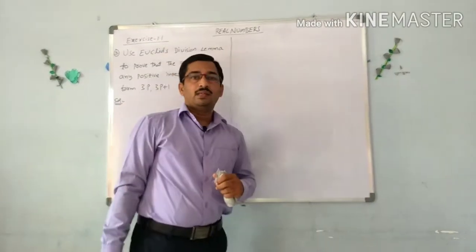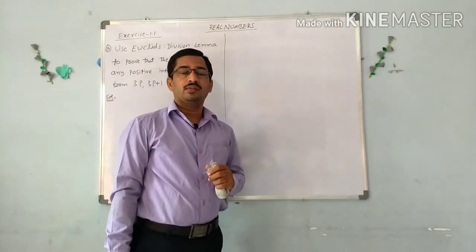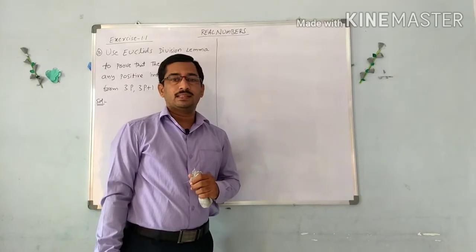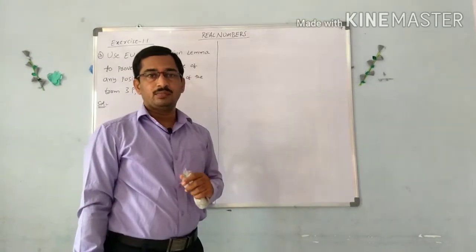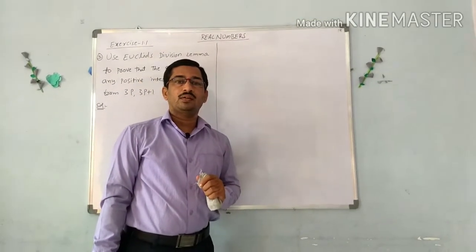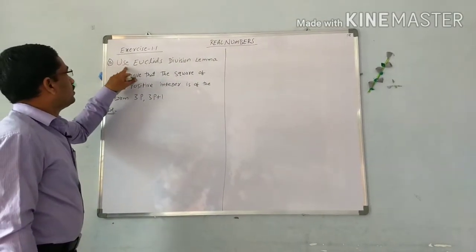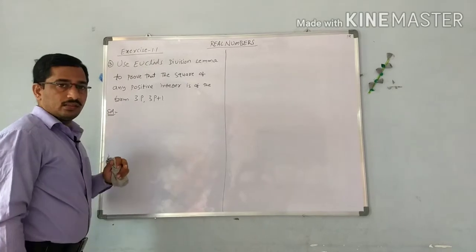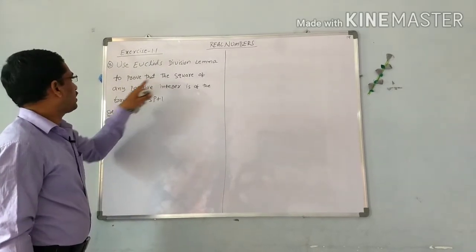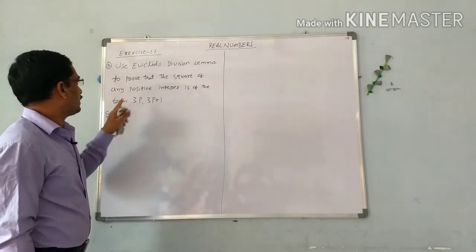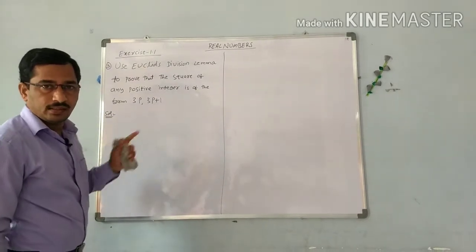In the chapter Real Numbers, we completed Euclid's division lemma statement, Exercise 1.1, first problem and second problem. Now, the third problem. What is the third problem? Use Euclid's division lemma to prove that the square of any positive integer is of the form either 3p or